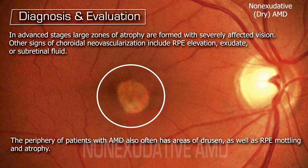affected vision. Other signs of choroidal neovascularization include RPE elevation, exudate, or subretinal fluid. The presence of these symptoms may indicate that neovascularization is occurring and that fluorescein angiography may be indicated to evaluate the retina. The periphery of patients with AMD also often has areas of drusen as well as RPE mottling and